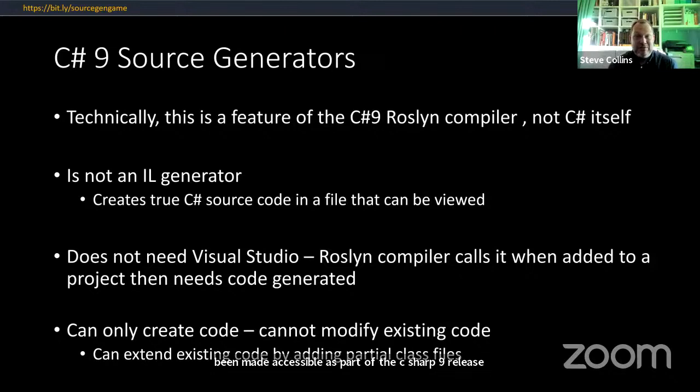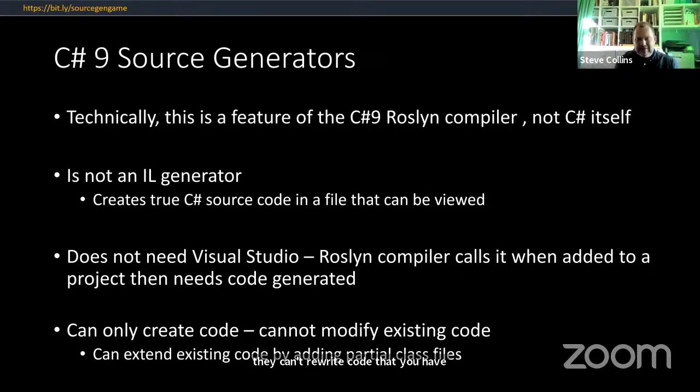So how do these differ from what we've talked about before? First and foremost, you write them in C# and they generate true 100% regular C# code. No MSIL, no opcodes, nothing. It's proper C# code. Secondly, they're not tied to Visual Studio. The whole process isn't tied to Visual Studio. It's wholly about Roslyn, which of course Visual Studio is using underneath to do its IntelliSense and to do the compilations for you. However, unlike the IL weavers, it can't rewrite code that you have written.